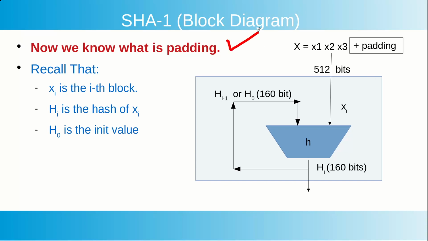So come down to the block diagram of the SHA-1. Recall once again, xi is the current raw text, 512 bits, hi is the output, hash output, h0 is the initial value. What is the value? We will talk at the very end of this lecture. And now I know that I can take exactly 512 bit blocks. So this is essentially 512 bit, this is essentially 512 bit, and so on and so forth. And the output will be 160 bit. So SHA-1 output is 160 bit.